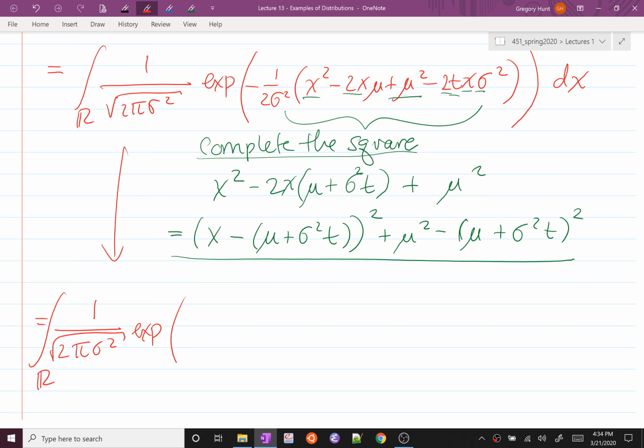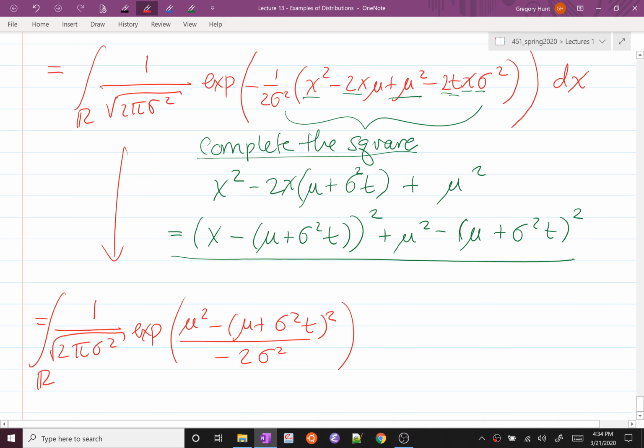Let's see, I'm going to say it's mu squared plus minus mu squared minus mu plus sigma squared t squared. It's negative 2 sigma squared, right? And what I am left with here,